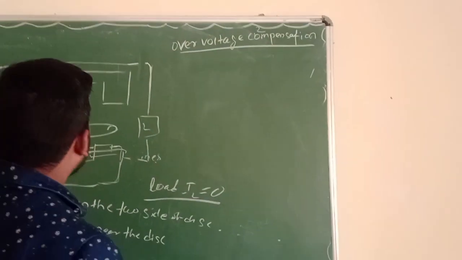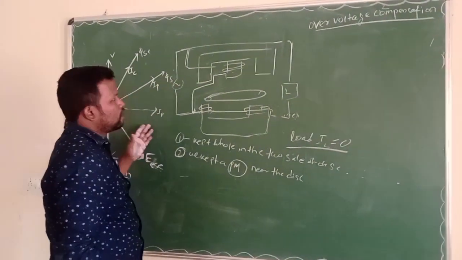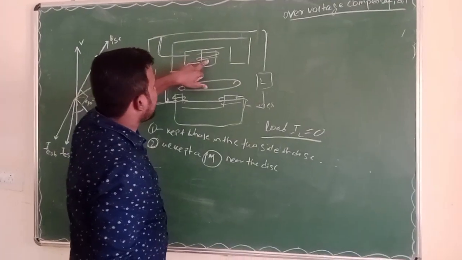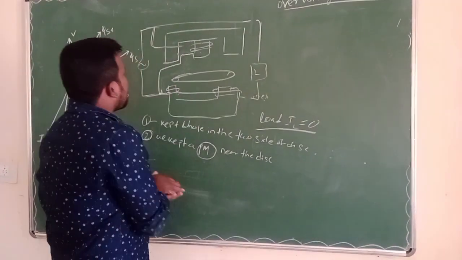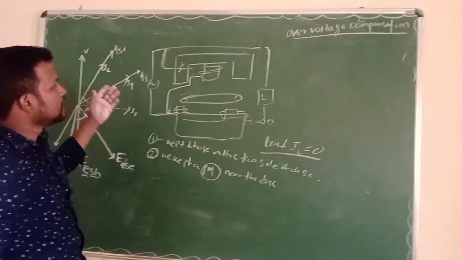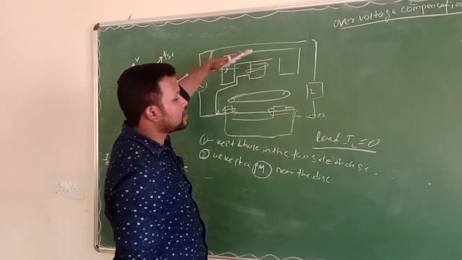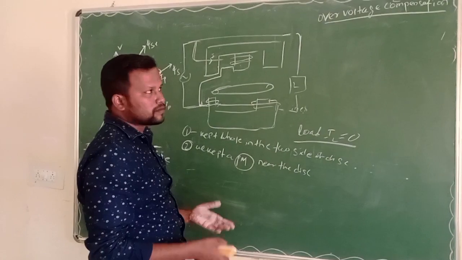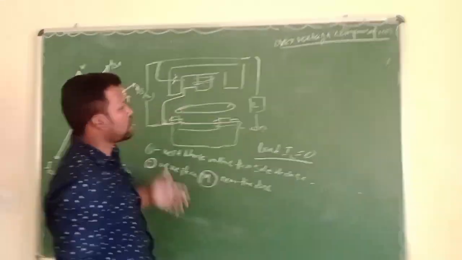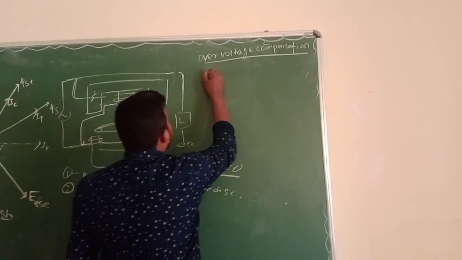Over voltage compensation. In over voltage compensation, if the supply is over voltage, the shunt flux, the I2 current, depends upon the supply voltage. If the supply voltage is increasing, this current is increasing. If this current is increasing, then the shunt flux should be increasing. So we have to make sure that the shunt flux does not impact the aluminum disc. So we kept